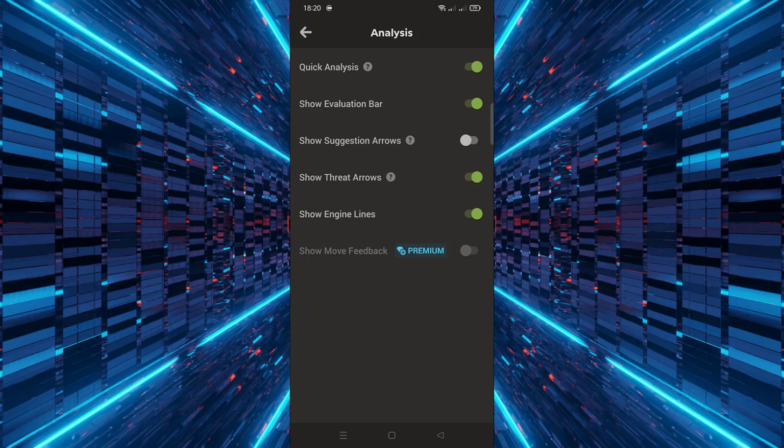Once activated, the Analysis tool will highlight threats from both sides with arrows, making it easier to visualize your opponent's plans and your own tactical opportunities. That's it. Now, whenever you review your games using the analysis board, you'll see arrows showing potential threats during key